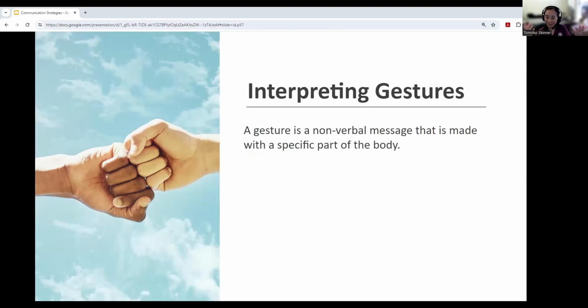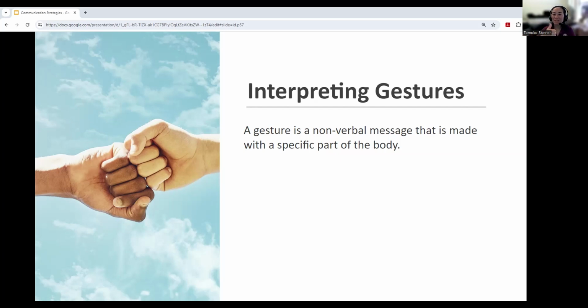So nodding the head is yes. In India, nodding your head is not yes. Moving your head sideways, that is a yes in India. So moving your head from side to side in the US would be maybe, and that would be a yes in India. It's a little bit confusing.